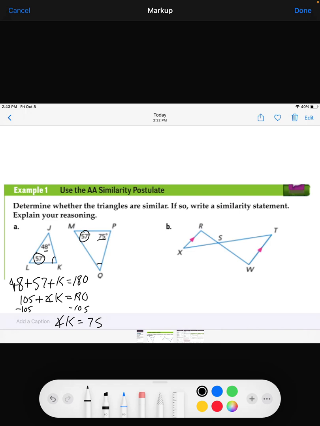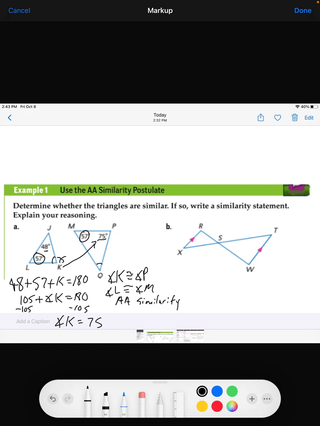So angle K now is 75, which is equal to angle P. So we have angle K is congruent to angle P, and we already said that angle L is congruent to angle M. So by AA similarity,